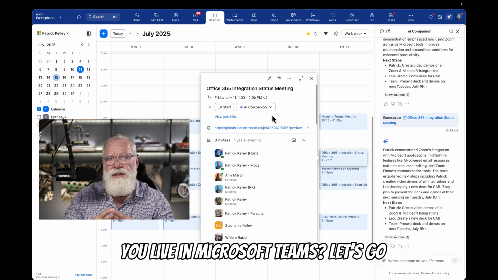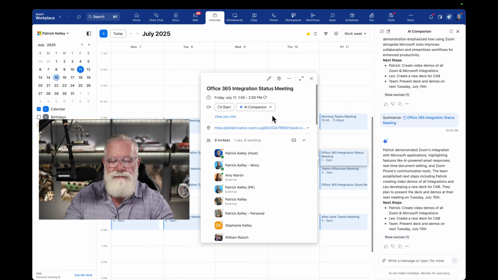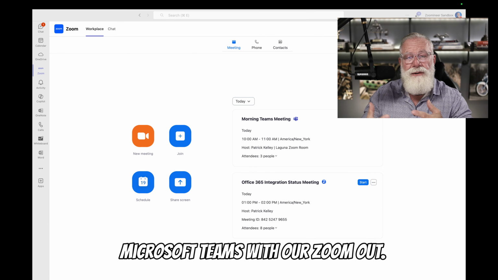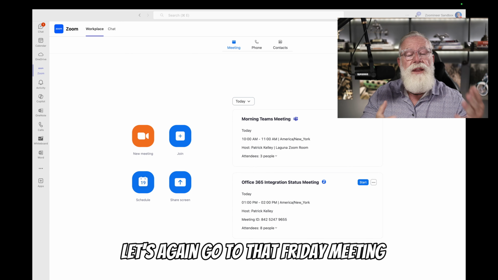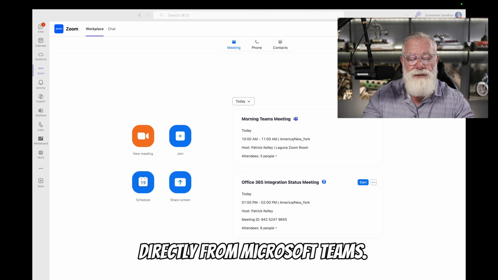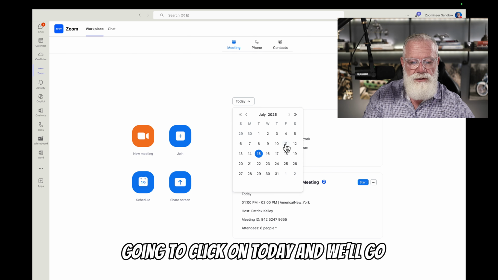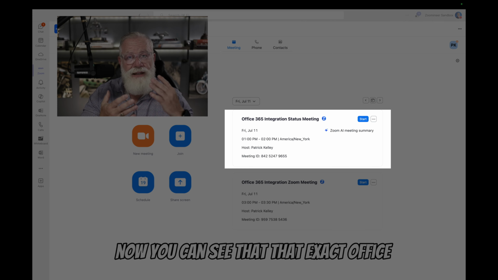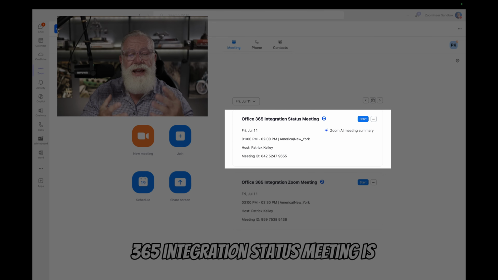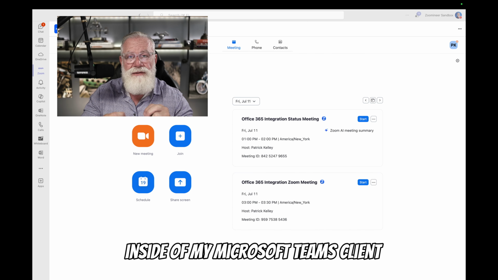What if you live in Microsoft Teams? Let's go over there and find out. So here's my Zoom client inside of Microsoft Teams with our Zoom app. Let's again go to that Friday meeting directly from Microsoft Teams. I'm going to click on today and we'll go to Friday. And now you can see that that exact Office 365 integration status meeting is inside of my Microsoft Teams client